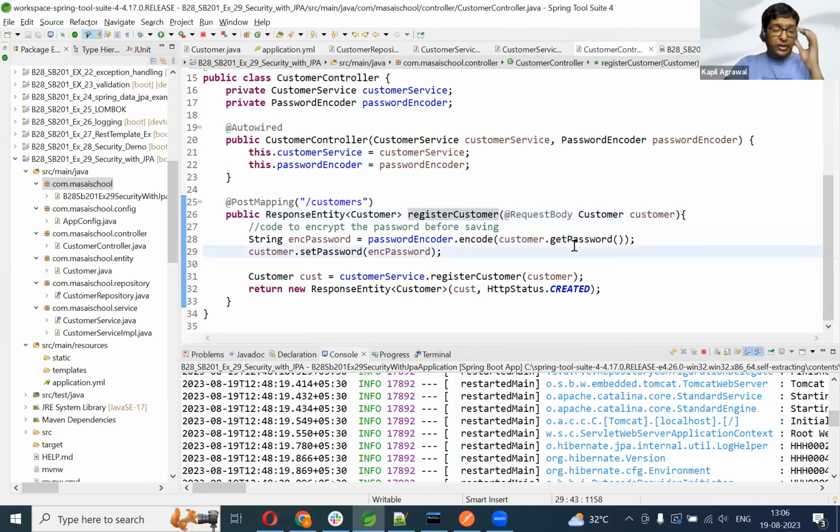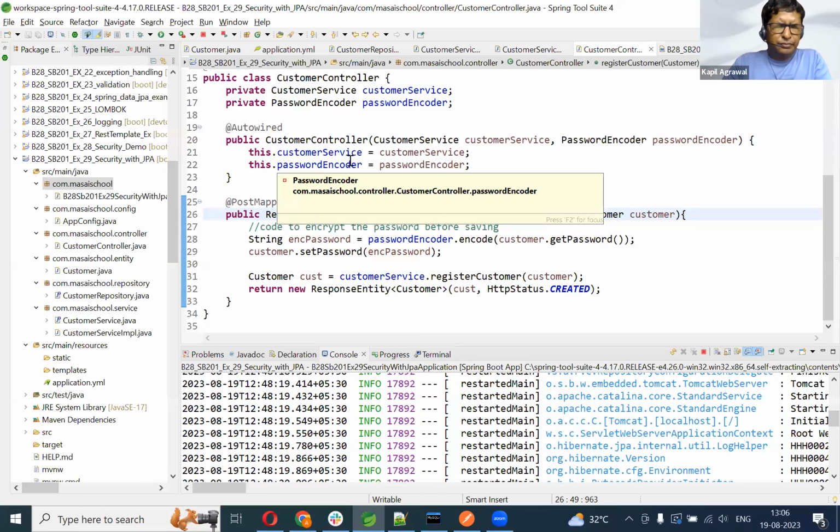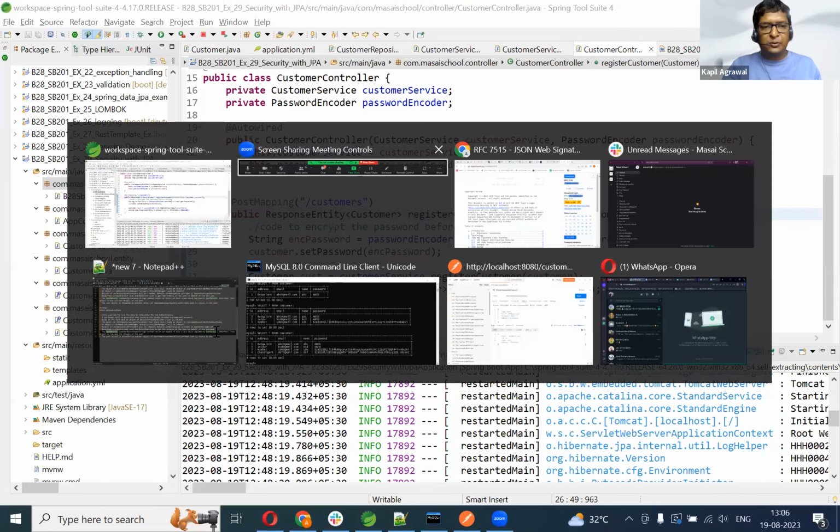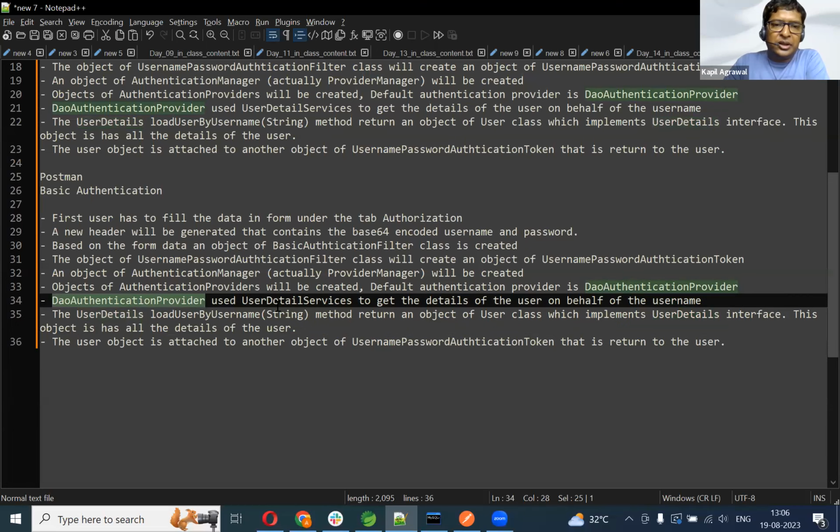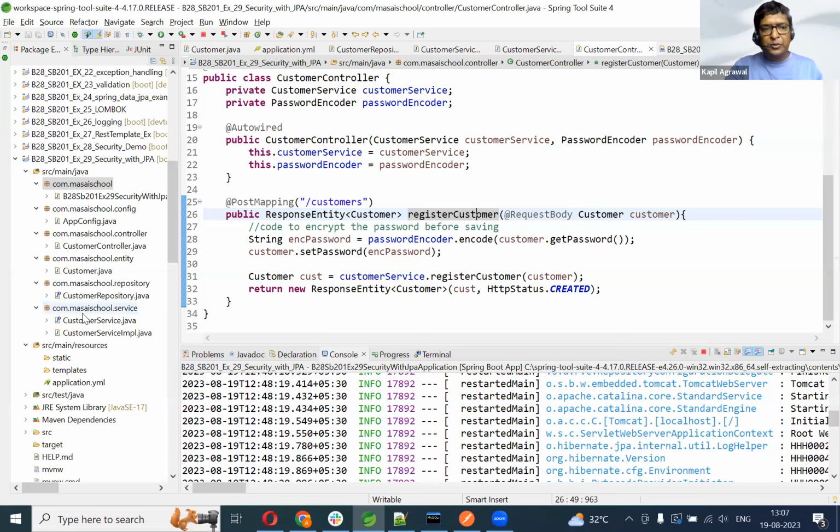What exactly do I need to do now? Well, first of all, welcome back after the break. Right now I want to use my customer as a user. So first thing, the DAO authentication provider that I was recently discussing with you uses the UserDetailsService to get the detail of the user on the behalf of the username. So the very first thing that I am going to do is